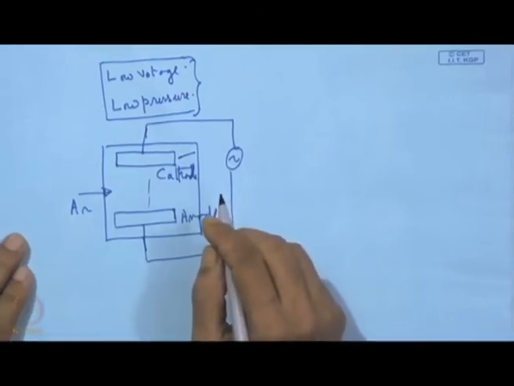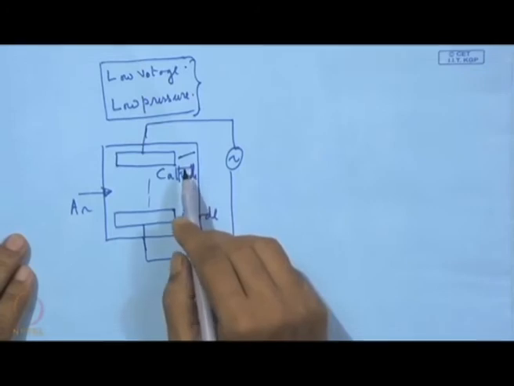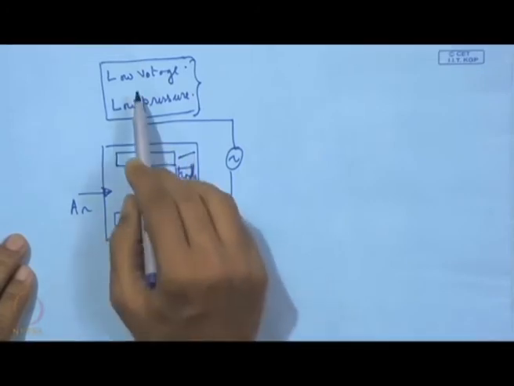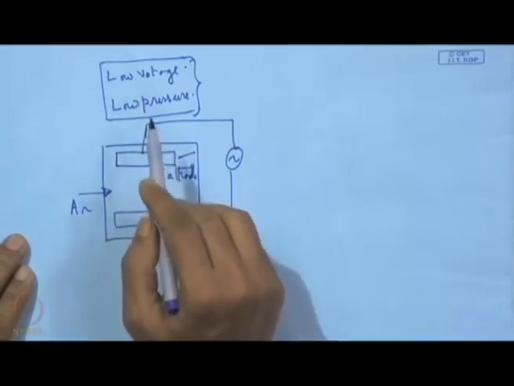So, that is actually the main reason why with low voltage and low pressure it is possible to handle this sputtering with greater efficiency, and naturally for one who is interested in sputtering,